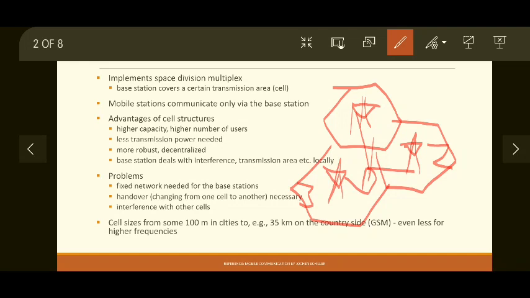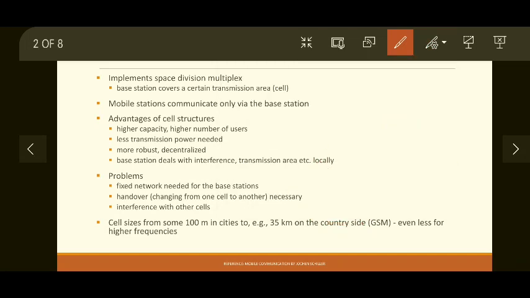So it is more robust compared to covering the entire region with a single cell, because wherever the user moves, only one entity or only one base station would have been responsible for providing services. Now it is divided amongst a number of base stations. That's why cellular structure will be needed. Now another advantage of this decentralized process is that the problem of interference will be tackled by a number of base stations rather than a single entity. Also, the area that should be covered and the transmission power will be reduced. So the base station will be a key component of this cellular structure.